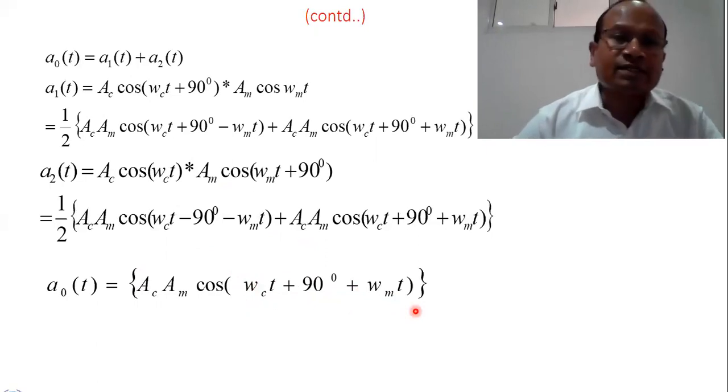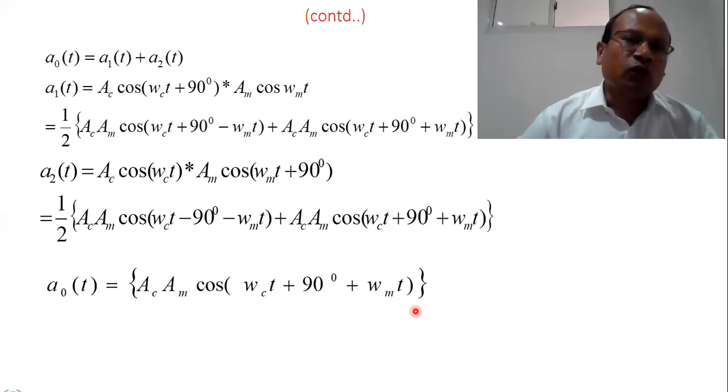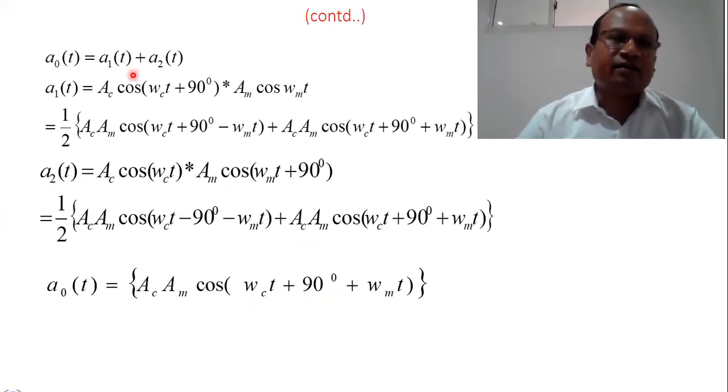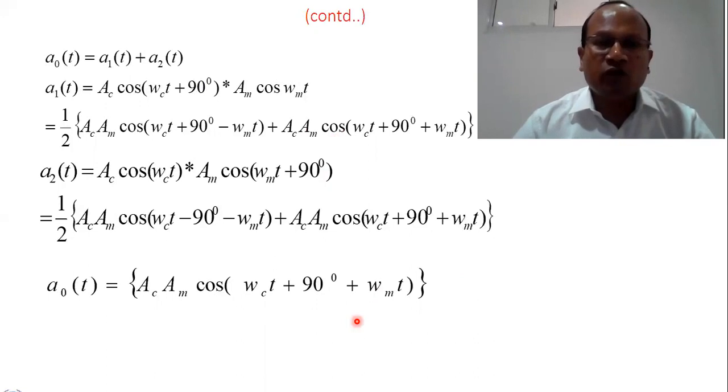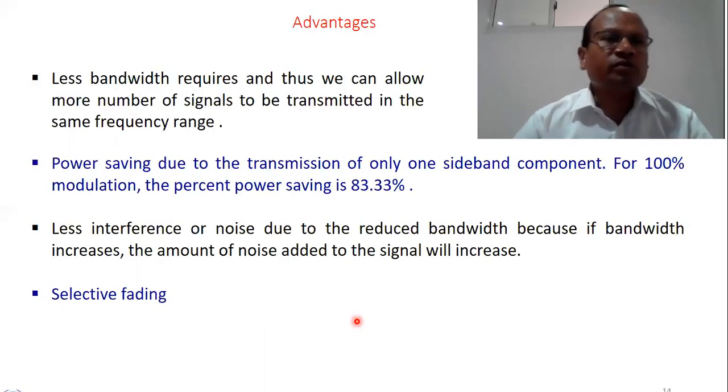What is important for us? We want to generate one sideband. We want to produce one sideband and remove the other sideband. When we subtract, we will get the other term, omega ct minus omega mt. Therefore, I use the term mixer. With proper mixing, we'll get either of the sidebands. When we use the plus symbol, we are getting the upper sideband. When we take the minus symbol, we will get the lower sideband. So we can get either the upper sideband or the lower sideband accordingly.